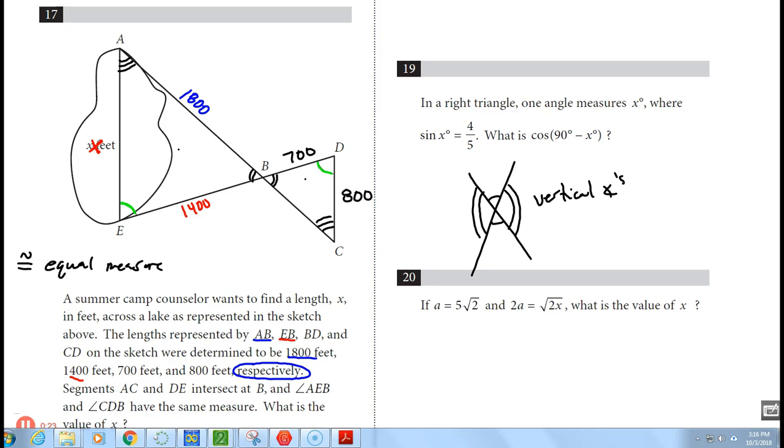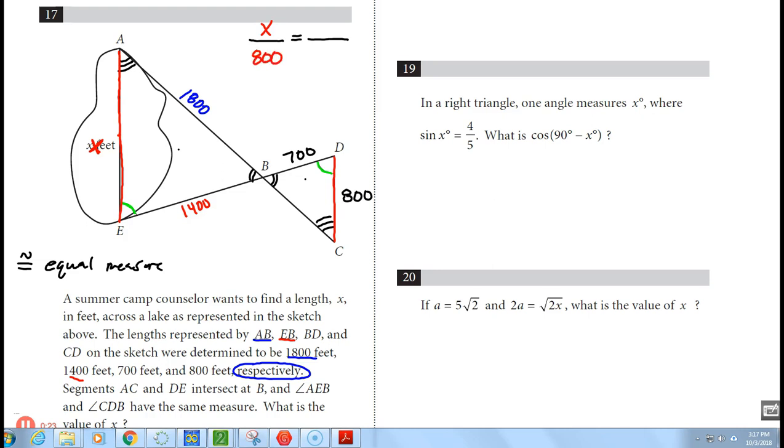And now I can do what's called setting up a proportion. I could set up a proportion, and I want to try to get sides that match with each other. And the idea is, if I can set up a proportion with 4 numbers, one of them being x, I think that I can cross multiply to solve this thing. So if you look at x, who pairs up with x? Which side in the smaller triangle? Well, x is on this line that runs between the 3 arc and the 1 arc. So over here, that would match up with this line, the 3 arc and the 1 arc. So I know x